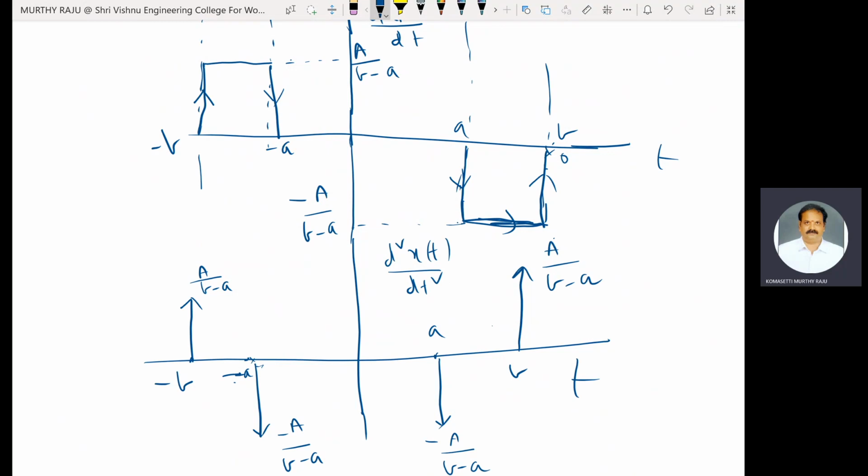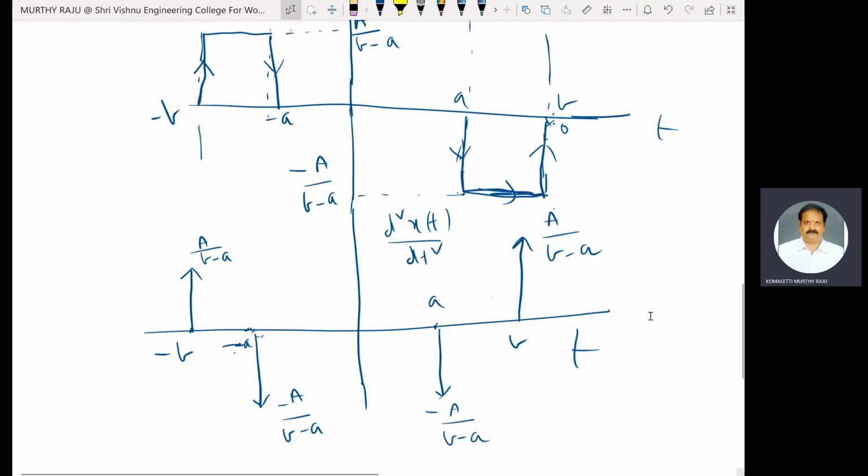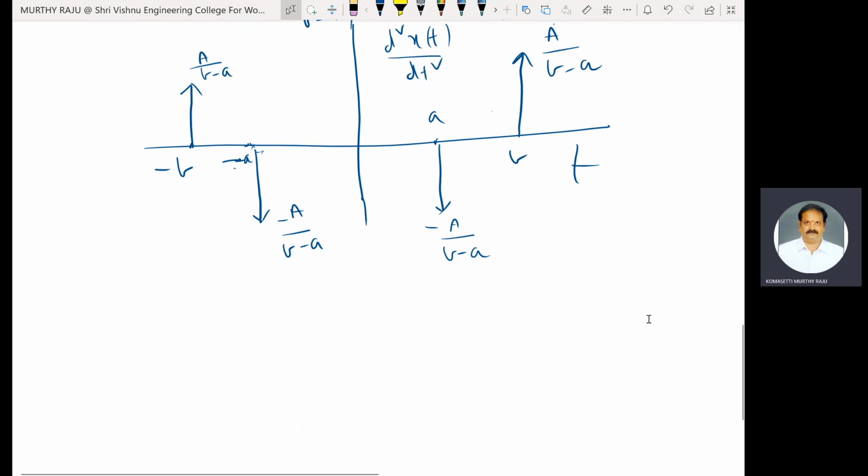Here, coming to this point, the value is minus a by b minus a minus 0. That is the reason for minus a by b minus a. Here the reached value is 0. 0 minus of minus a by b minus a is a by b minus a. Therefore, this waveform is converted into